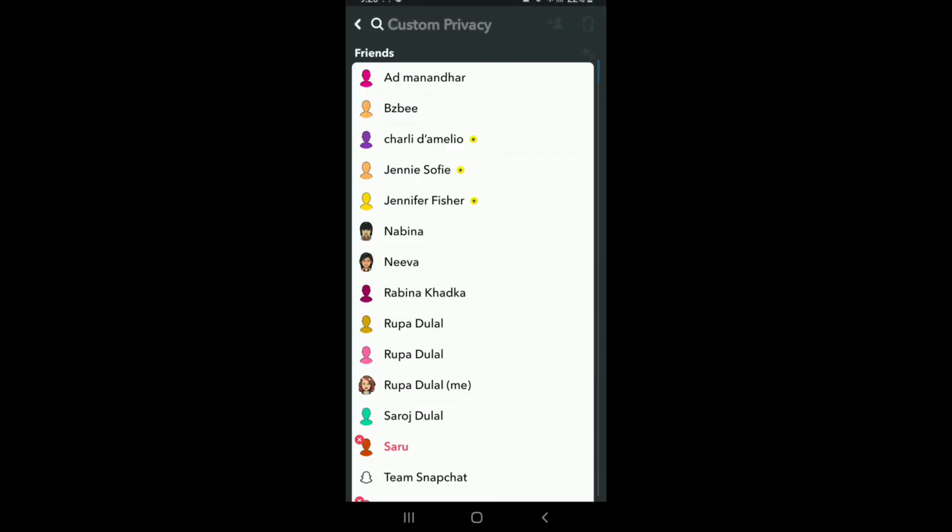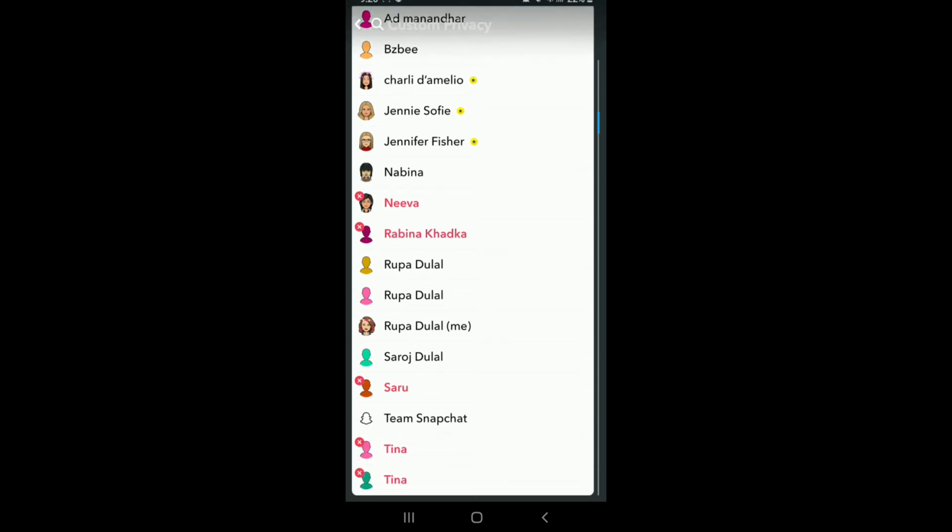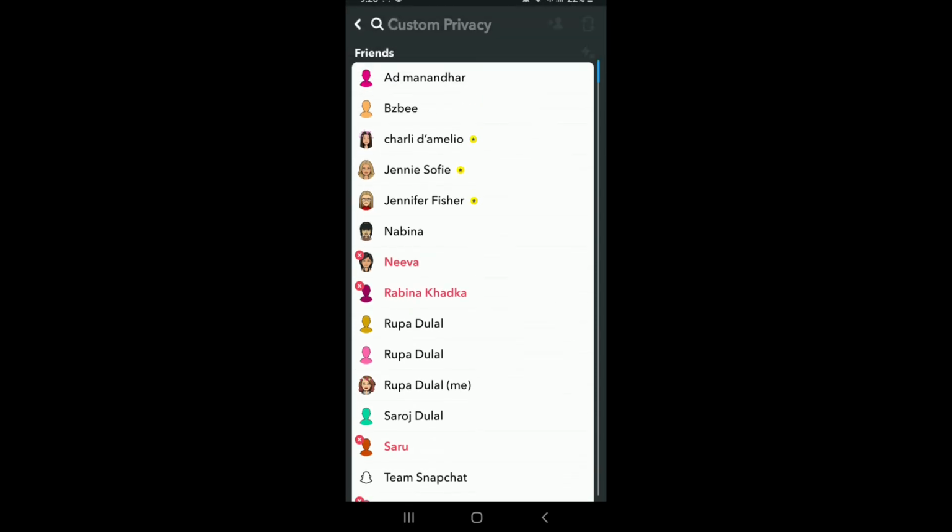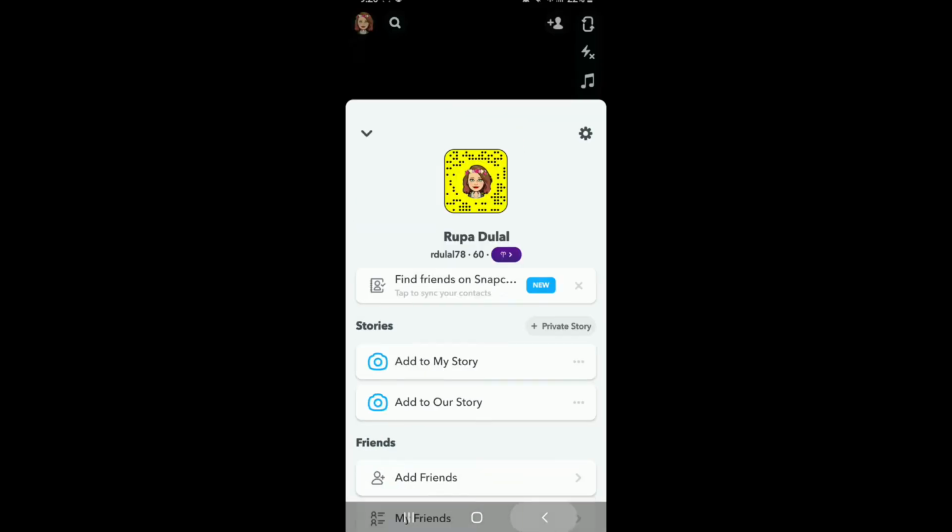tap on the Custom option. On the next page, select the friends with whom you don't want to share. Give it a tap and a red cross sign appears once you select a person. The ones you've selected have now been refrained from viewing your story. Keep on selecting the people you want to block, and after you do that, go back to your Snapchat home